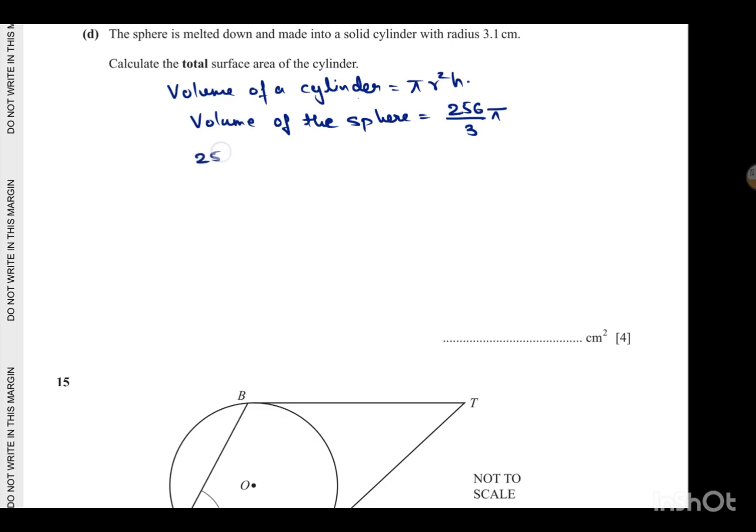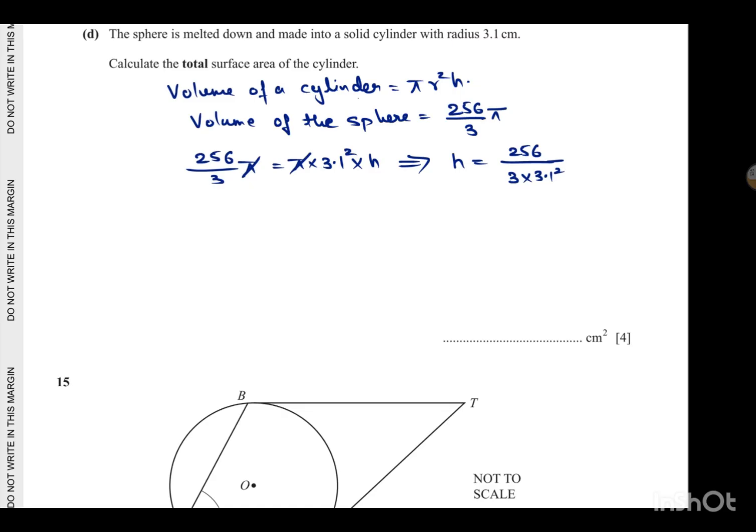So both are equal, is equal to pi, r is 3.1 of the cylinder. So in place of r square, I am taking 3.1 square into height. Now pi gets cancelled. Only keeping h, bring 3.1 square onto the other side to find the value of h. This is the height. Now if I don't want to calculate this, I can keep it as it is,